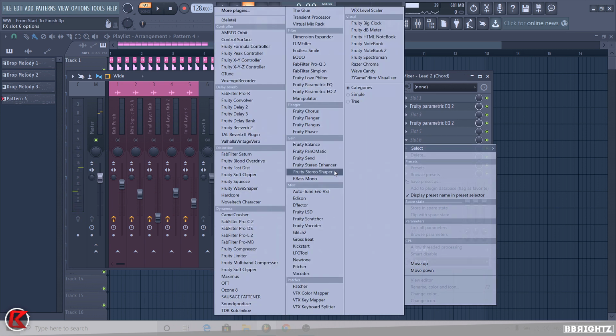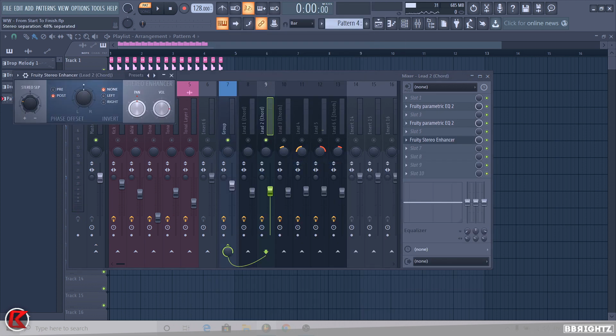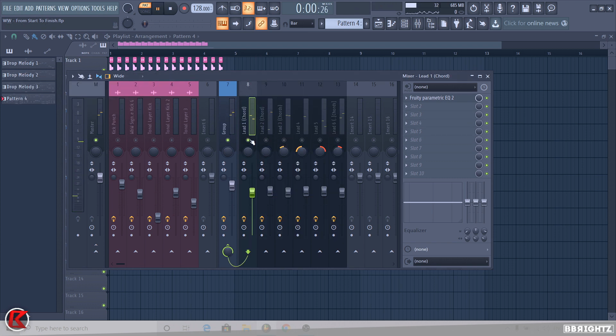And then lead 2 will add a stereo shaper and just turn it a bit to the left just to give a bit of stereo. And then we'll leave this one as it is. So then all together with a bit of panning and stereo enhancers,